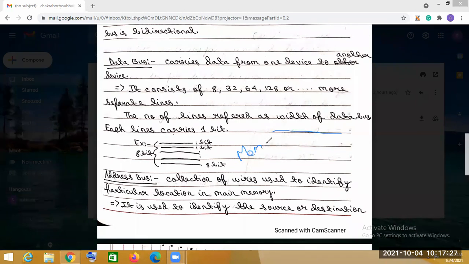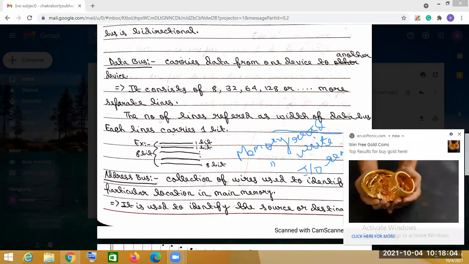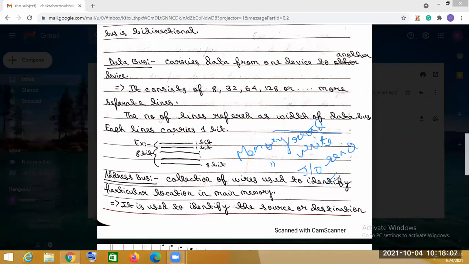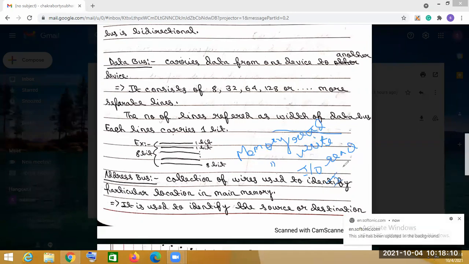So there are a total of 4 operations present. One is memory read, then memory write, then IO read, and IO write.